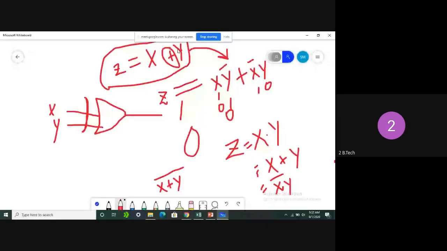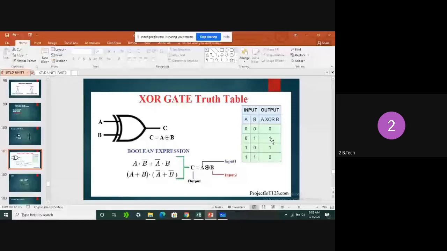Is that clear, all of you? Plus in the circle is always called the XOR symbol or exclusive OR symbol. So exclusive OR is the full form of XOR. Whether we pronounce it exclusive OR or XOR, both are the same. And the plus symbol within the circle is the symbol for XOR. So this is how input and output are related to each other. The truth table is also given, and XOR is nothing but exclusive OR. Is that clear, all of you?